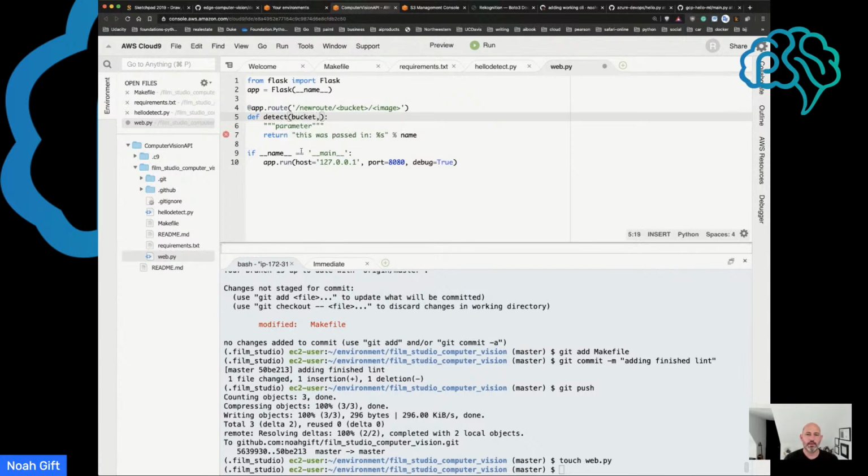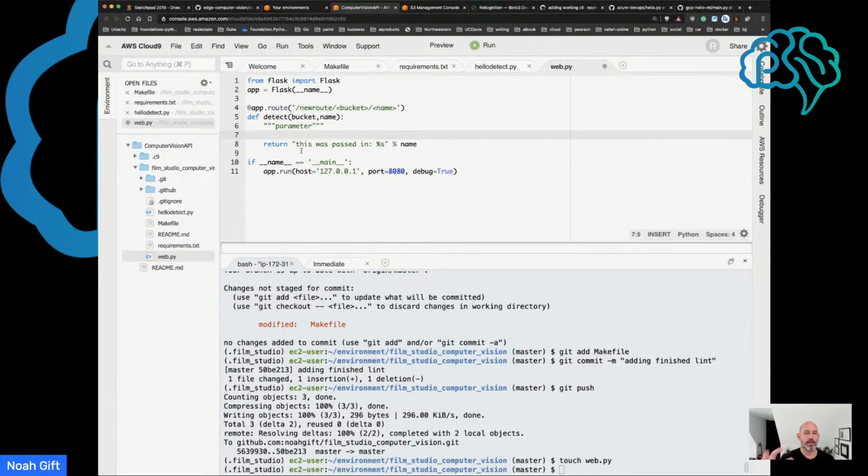Bucket and a name. So bucket and the name. So what this will do is essentially what I did before with the command line tool, which we've proven looks like it works. So for now, though, to just get the feedback loop working initially, what I'm going to do is just make